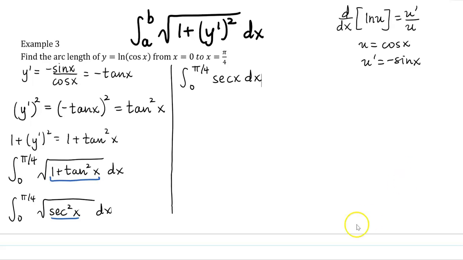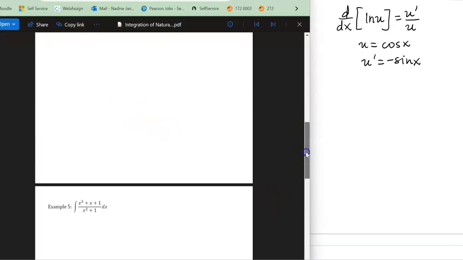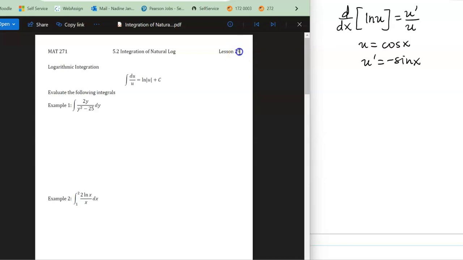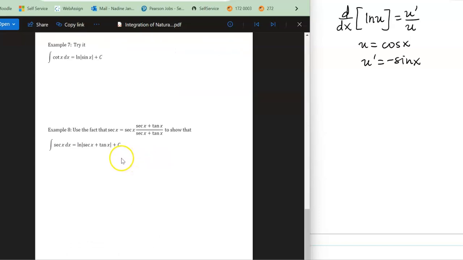So we have the integral of secant here, and we had an integral rule for that. Let me go find that and pull that up and show it. Okay, so it took me a while, and the numbering is off. I wonder if I can see what it is on WebAssign real quick. No, I can't. But the lesson that we had on integration of natural log, example 8 tells us here, use